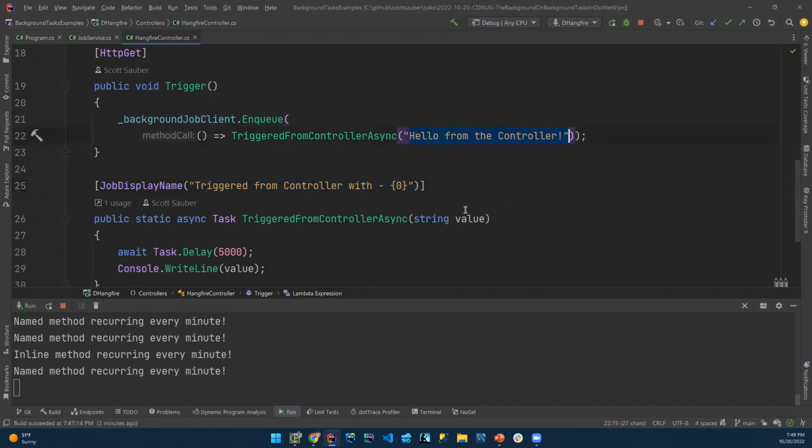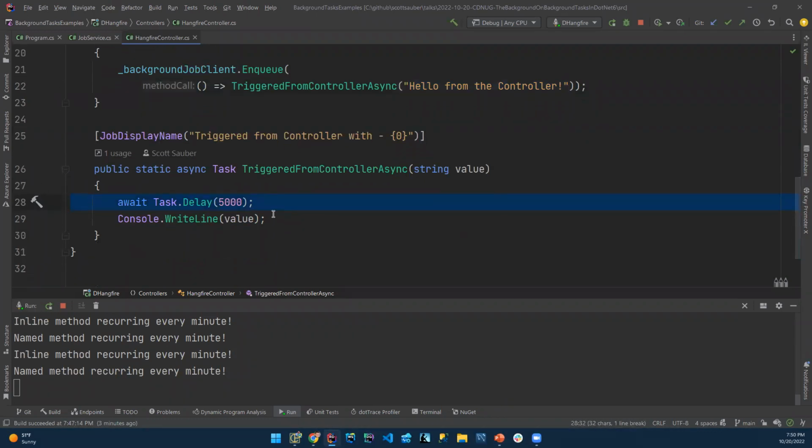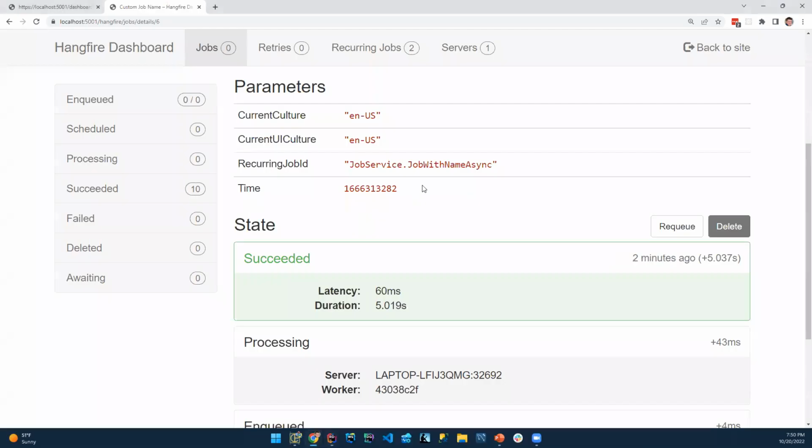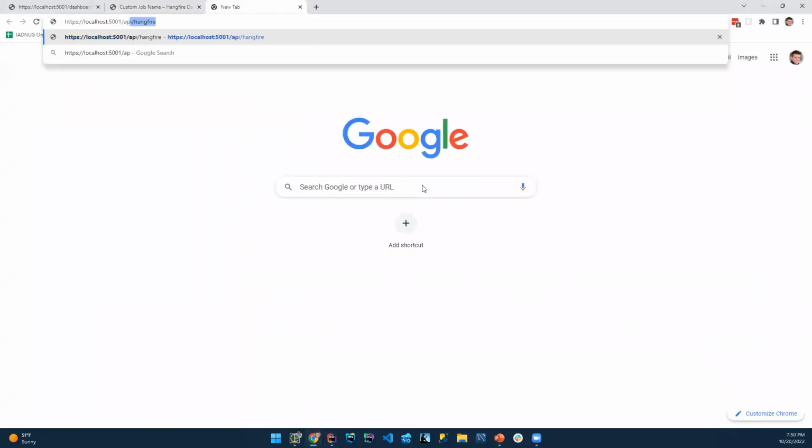So you can pass some extra metadata of what was called with your method, or whatever metadata that you want, and have it show up in your job in a dynamic fashion. So you don't have to know that ahead of time. Basically, again, all this does is the Task.Delay, waits for 5 seconds, and then writes out the value that I had here. So if I go over here, I'm just going to go ahead and call the API